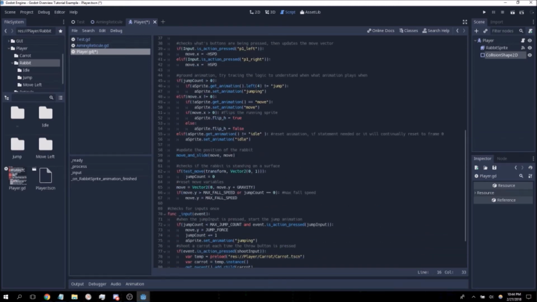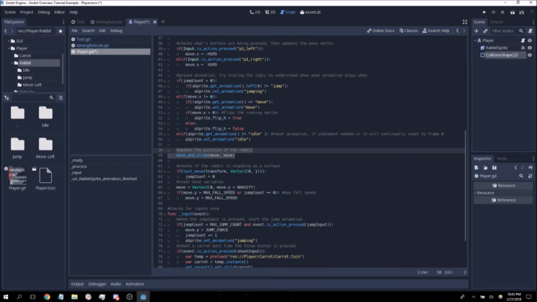In process, I use a method called move and slide. Move and slide is very specific to kinematic body 2D. And this is so that, as I mentioned before, kinematic body 2Ds can be moved manually in code, which is actually what we do here to move horizontally. As you can see, I sort of have a similar thing to the reticle where I sort of just move the X and Y left and right. However, when you do this, it is not interacting with physics bodies, so it will not have collision. Which is why you want to move and slide, because it will interact with physics bodies